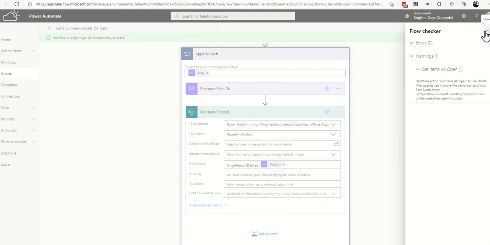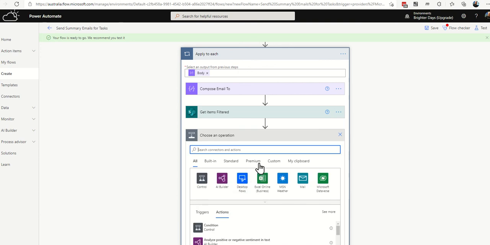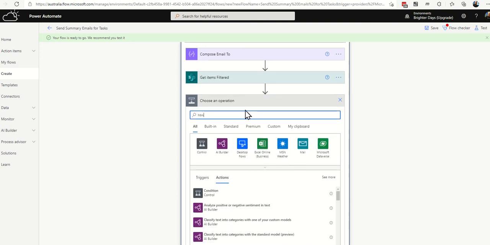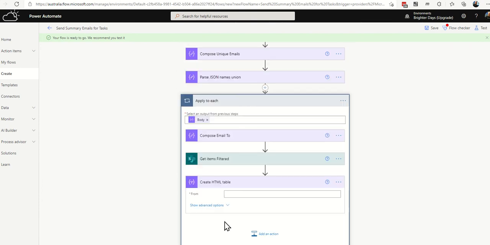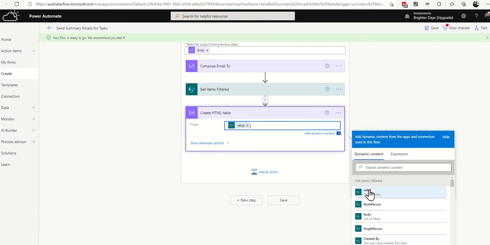Okay, and then to put the items into something that an email can use, the easiest way is to put it into an HTML table. Luckily Power Automate has the ability to create an HTML table. So type in HTML, you'll see a few different items, but let's do Create HTML table. Select that, and then what you're going to put in there is the From. So we're going to create the HTML table from this action here. So click into From, find your Get items filtered, which is the previous step,